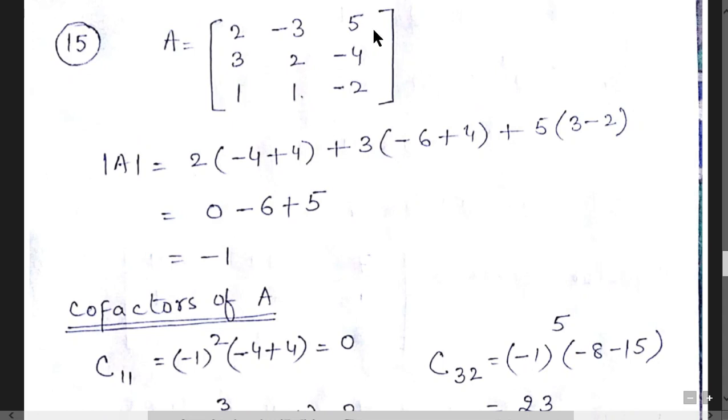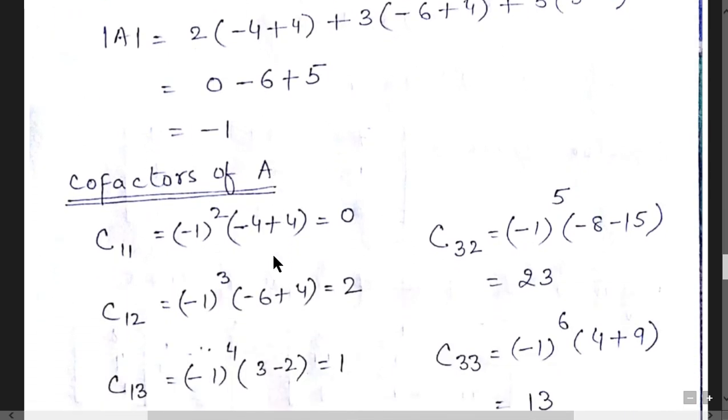In question number 15, one value is given to you and a set of equations is given to you later, and you have to calculate the value of A inverse, then apply this set of matrix into the equations. Basically, these are the equations. Later on, we will see in this part of the video. 2 minus 4 minus 4, and you can calculate this value. It's minus 1. It means you can proceed further for inverse.